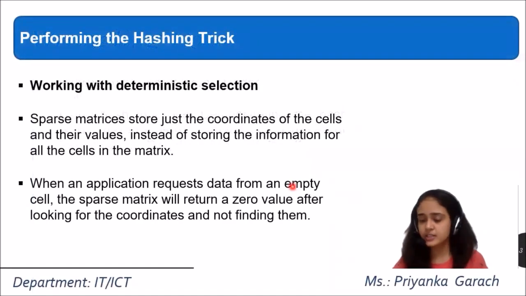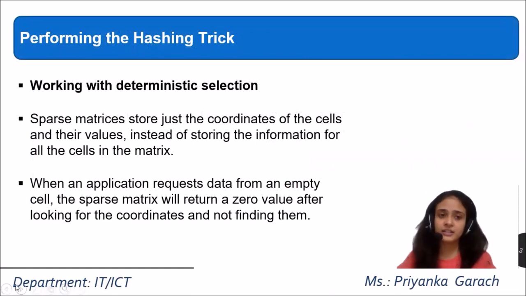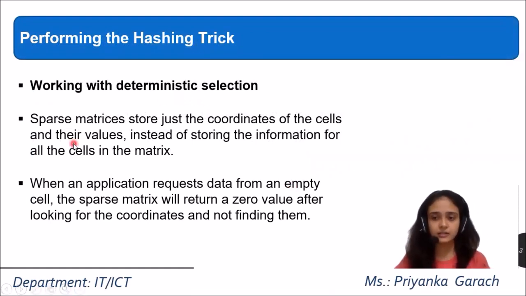So starting with the deterministic selection. What is the deterministic selection and how does it work? We have already seen the concept in TF-IDF. In TF-IDF, at last we get the output in terms of a matrix. So we have some word and its position, that is the position in terms of coordinates. Those coordinates and positions are called the sparse matrix. So what is a sparse matrix?